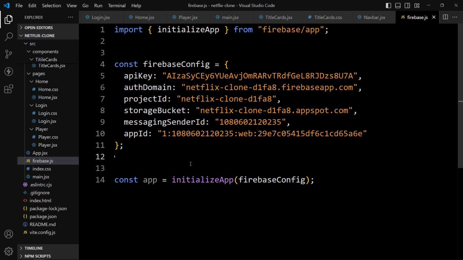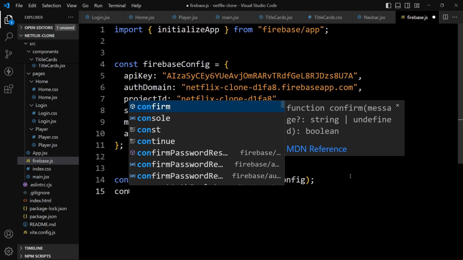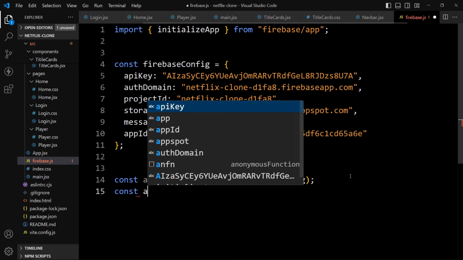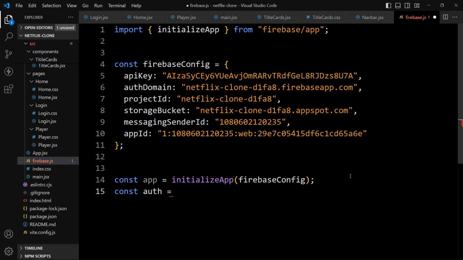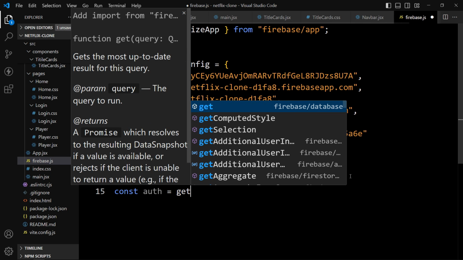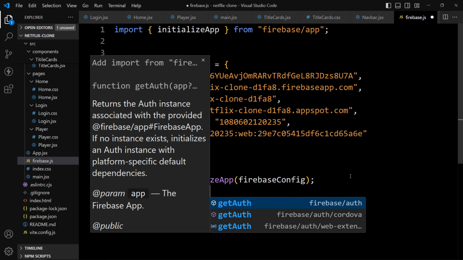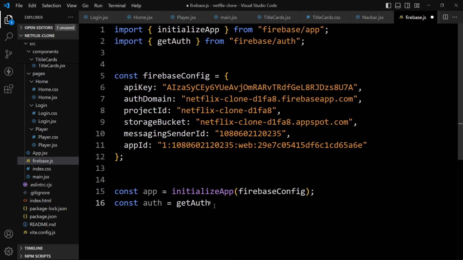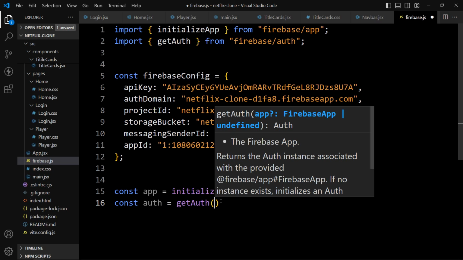So now we will get the support of Firebase in our project. After initializing this Firebase, we will initialize the Firebase authentication. So let's add const auth equal to, and we will use the getAuth package. We will select this one, getAuth. So it will get imported from this Firebase auth package, getAuth from Firebase auth package, this line. So in this one, we have to provide this app